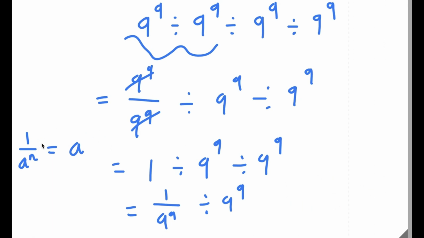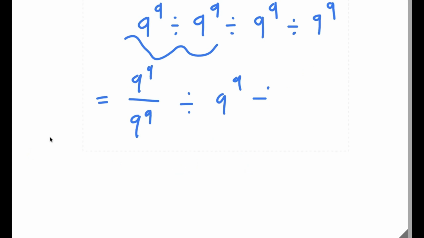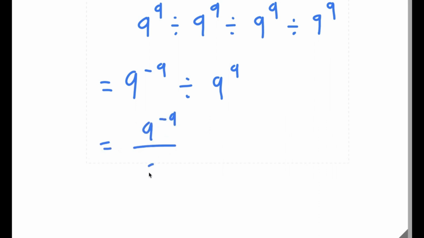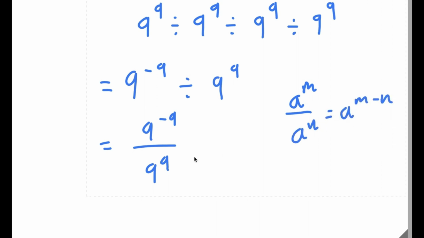So now, let me clear out this page. I have 9 to the power of negative 9 divided by 9 to the power of 9. This is the same thing as 9 to the power of negative 9 over 9 to the power of 9. Now, if I have something in the form a to the power of m over a to the power of n, this is equal to a to the power of m minus n. So this is going to equal 9 to the power of negative 9 minus 9, and negative 9 minus 9 is simply negative 18. So now I have 9 to the power of negative 18,